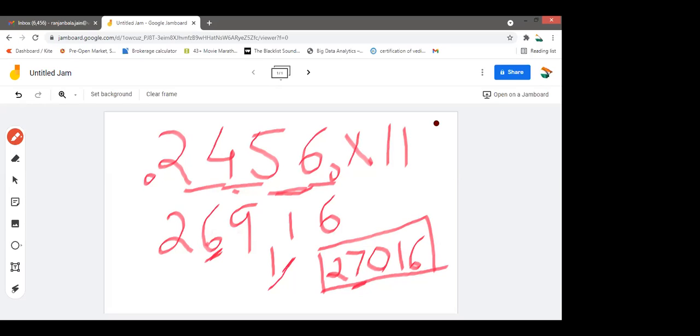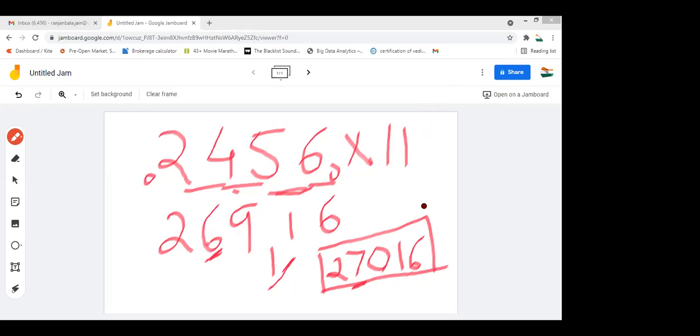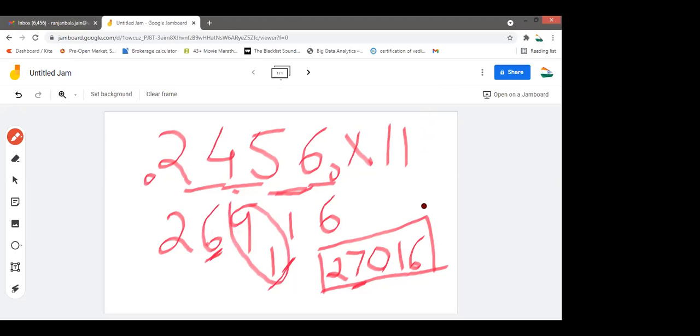Wait, let me see. What exactly happens to 10 when it comes? See, beta, where is the 10? 1 and 9. 1 and 9 are added again. So how much will be the answer? 10. So how will you write it? Again 10 will be written like this. Now this one will be added with the next digit. So 6 plus 1, 7. This 7 is written. 2 is as it is. 1 is as it is. 0 as it is. All other numbers are as it is. Okay, got it? Very good.